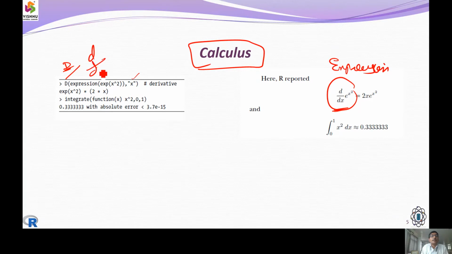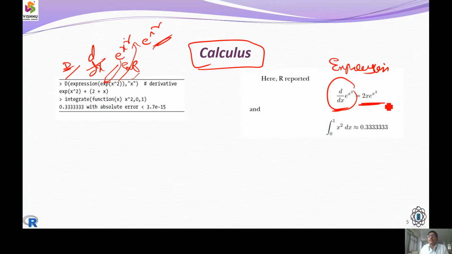So this is d by dx, and then we need to build e power x square. So e is going to have an expression, x cap e, which we build up with x square.